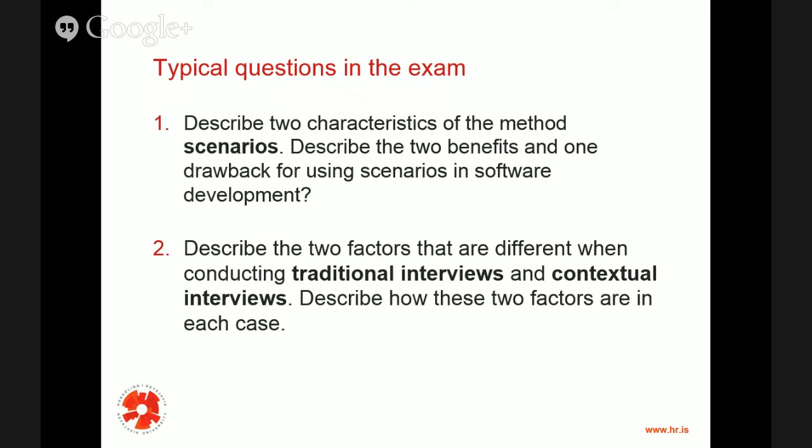What would you say? Scenarios, what is it that characterizes scenarios? Yeah, it is storytelling. It's an informal narrative description. So it is like storytelling. It tells